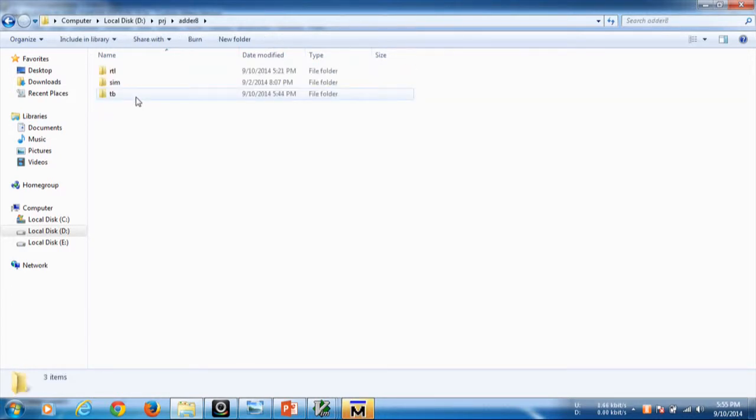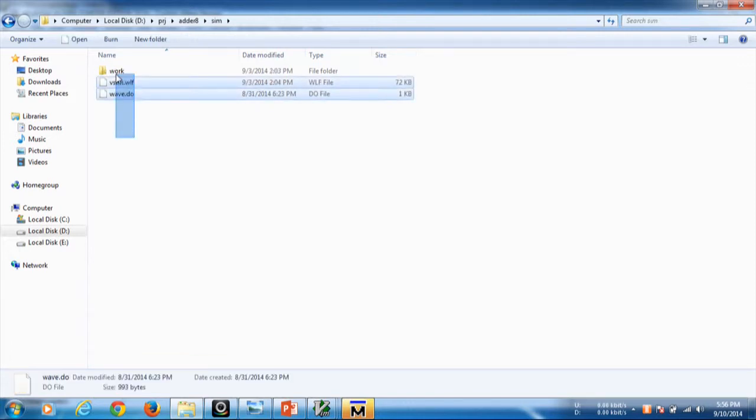Under adder 8 you have three folders: RTL, sim and TV, in which we have saved this code. For simplification let me remove these files.